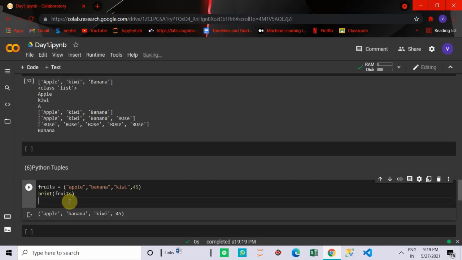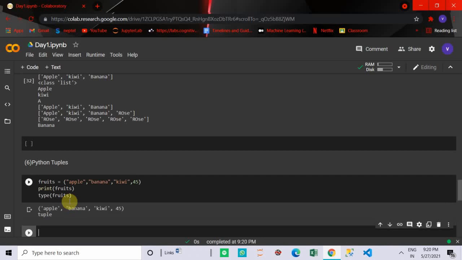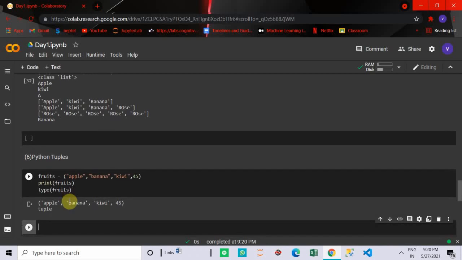To check the data type you can use the type method again. So the type command, and then you have to write the name of the variable in which you are storing the elements, that is fruits. This will give me an output of tuple. So this is a tuple.